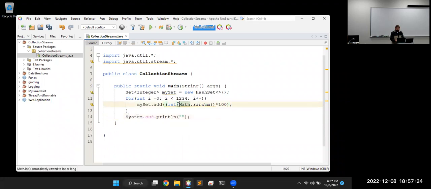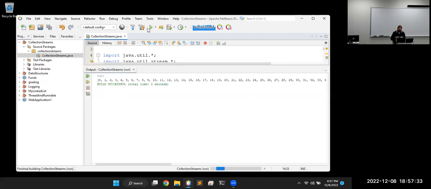I'm gonna put those parentheses back in there, and then we should be able to print that out. My set. Now that we have some non-duplicated numbers,